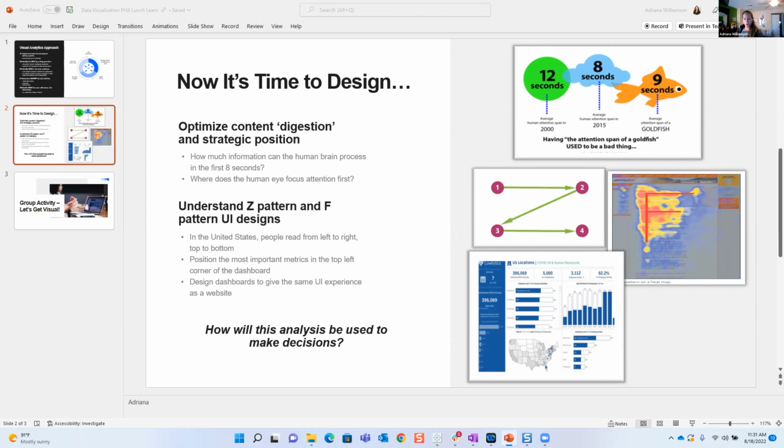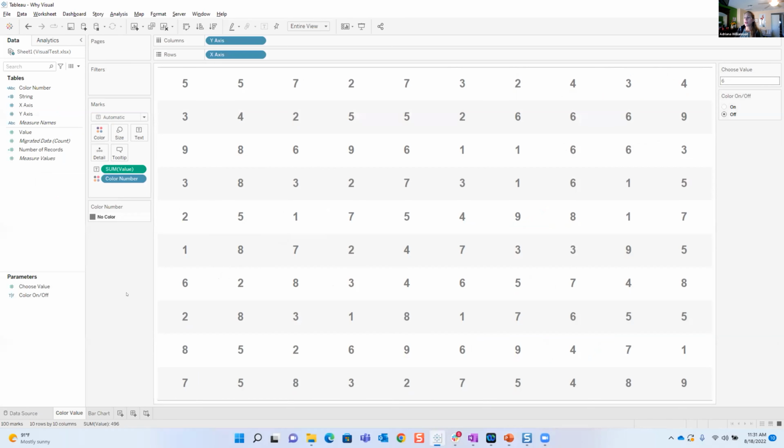All right, good. So let me jump in really quick. This is an activity. It's not going to take that long. Right now all you see is a table with numbers, right? And a lot of you, all you build in Tableau, or all you give your users, are tables and numbers.